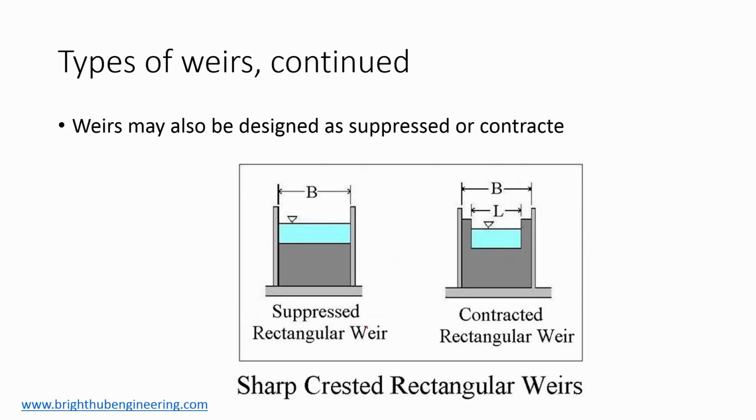Weirs can also be designed as suppressed or contracted. Whenever you have contracted, it doesn't take the whole width of the channel. In the case of suppressed, it does take the whole width of the channel. And it seems kind of backwards, because you would have thought that this was suppressed and this was contracted or something,